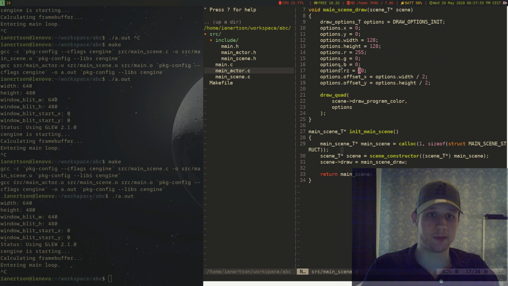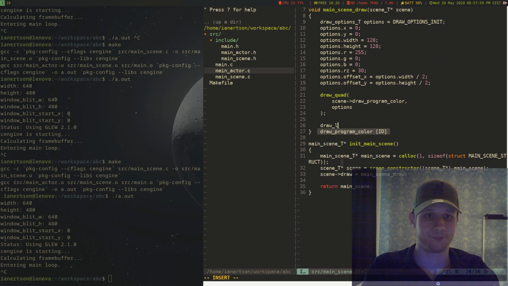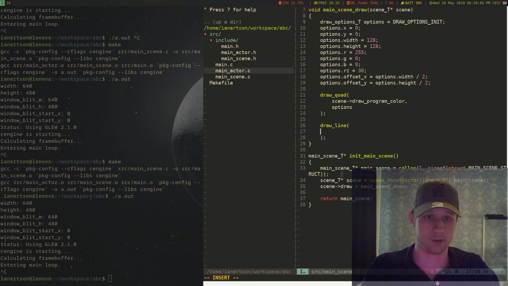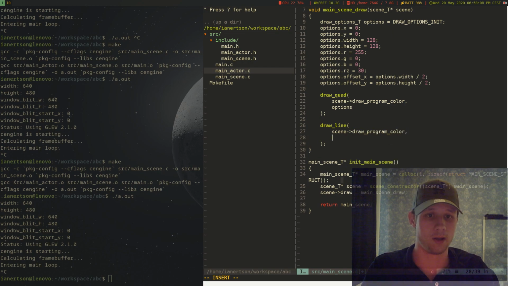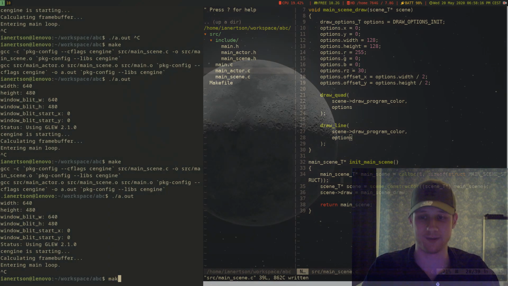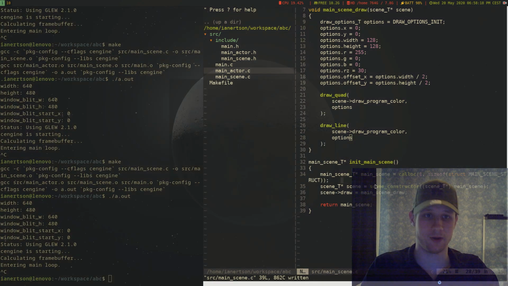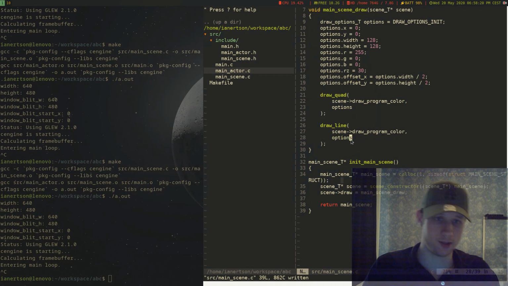And another cool thing about this is, let's say I wanted to draw a line. I could just do scene, draw, program, color. I can actually reuse these options. Now we're probably not going to get anything good out of doing that though. No, not really. But what I could do is,